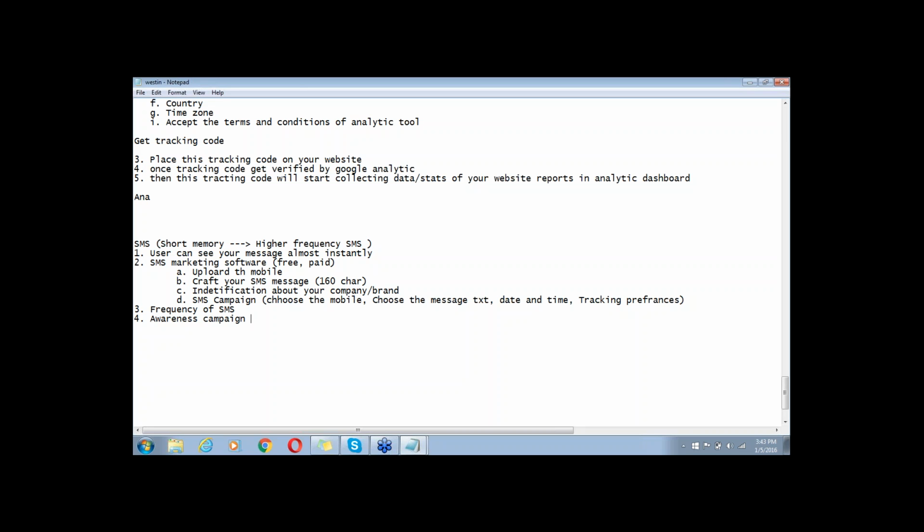So you understand SMS की basic clarity, you understand that you can do SMS marketing. You understand what the components of SMS marketing are, that is mobile number and SMS craft, and how you identify with your senders, and you can do a little bit of comparison while choosing SMS marketing software, bulk SMS or mass SMS. There are so many SMS softwares. So before deciding which software you should go for, you can do a little bit of comparison कि कौन सा SMS marketing के लिए software सही है.